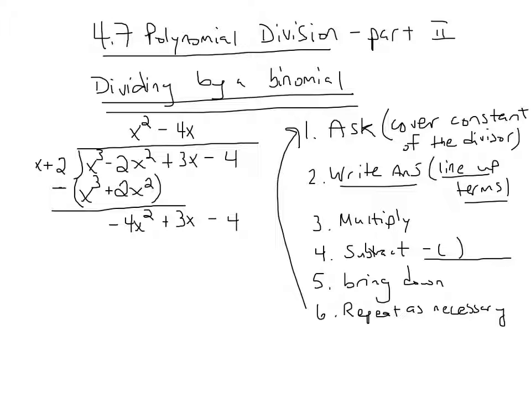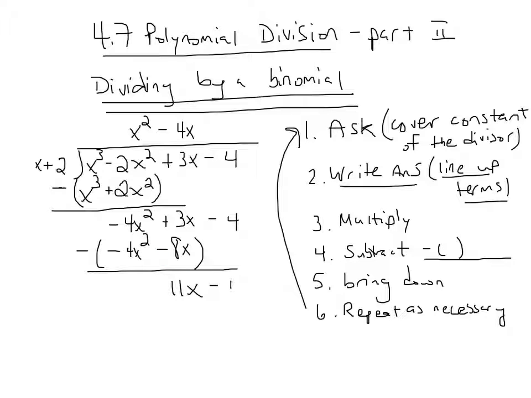And now I'm going to do step 3, which says to multiply, and I'm going to multiply negative 4x by the whole divisor. So negative 4x times x squared is negative 4x squared, and negative 4x times 2 is negative 8x. For step 4, to subtract, I need parentheses, a subtraction sign, and a bar. And remember, this negative sign gets distributed through, so this is really a plus here. It looks like a minus, but it's a plus. So we're really adding here, and we're going to get